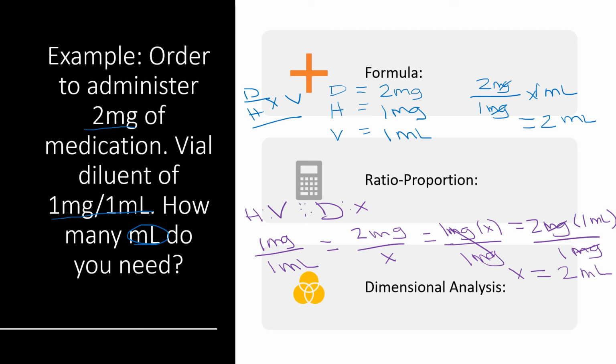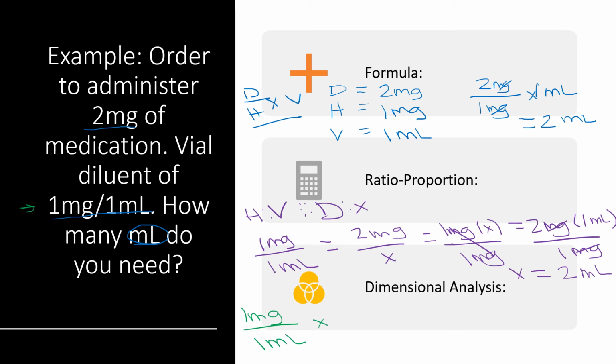Lastly, we're going to do the same problem in dimensional analysis. Dimensional analysis sets it up so that the units are opposite from each other so that they cross out. So again, this is the easiest way for conversions. I'll show you. We have already one dimension here already set up for us, so I'm going to start there. I like to start there so I don't have to worry about where my x is. 1 milligram over 1 milliliter